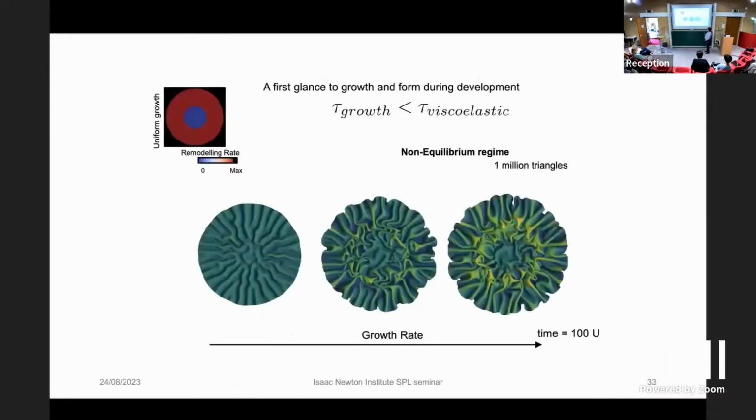And then we did a bunch of simulations to show that you can get interesting patterns. I'm pointing this out: this was done on a single laptop, with 1 million triangles. That's the beauty of